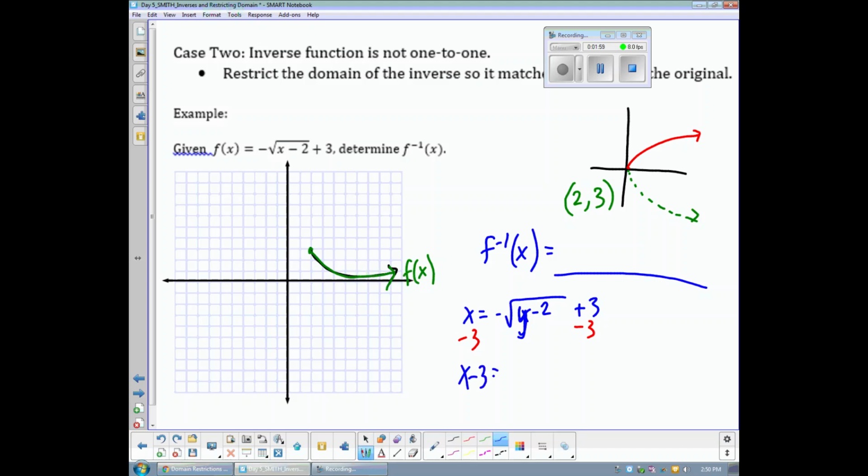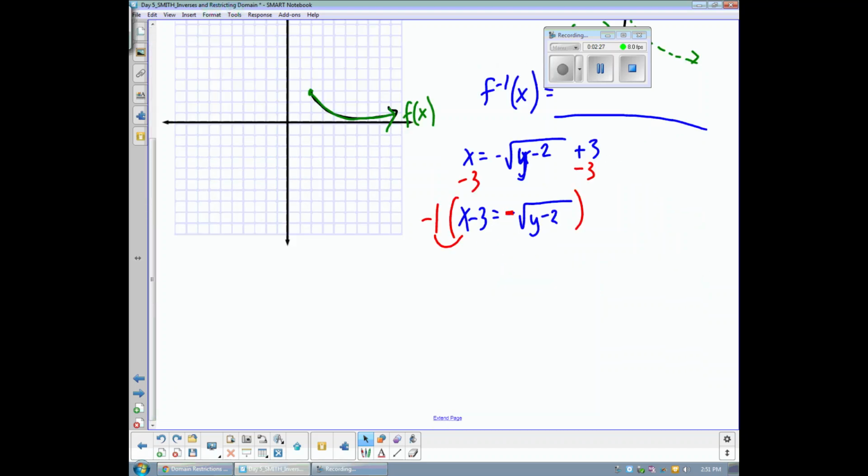x minus 3 equals a negative square root of y minus 2. Now I need to undo this negative outside the square root. I can't get inside the square root until I get rid of this negative. So I'm going to distribute a negative 1. I'm going to multiply every term by a negative 1. So negative 1 times x is negative x. Negative 1 times negative 3 is a positive 3. Negative 1 times a negative square root, that's going to make it a positive square root,